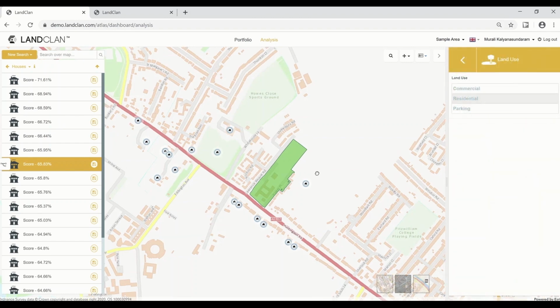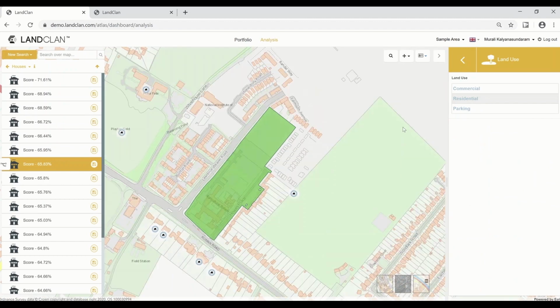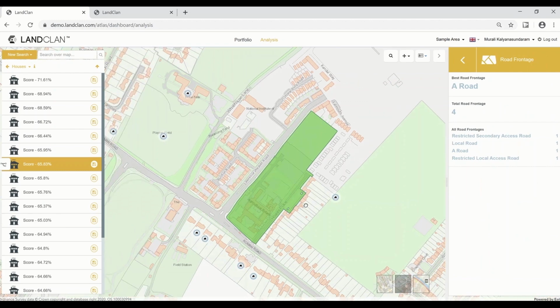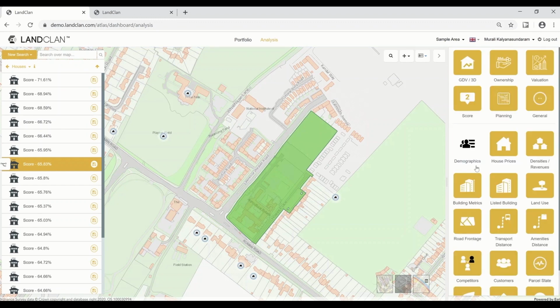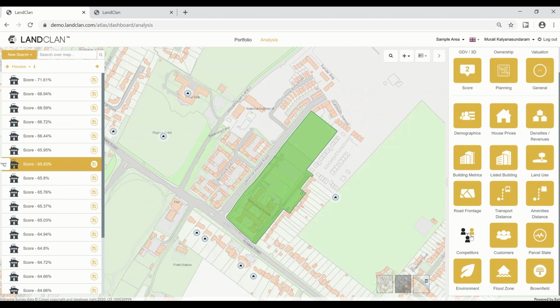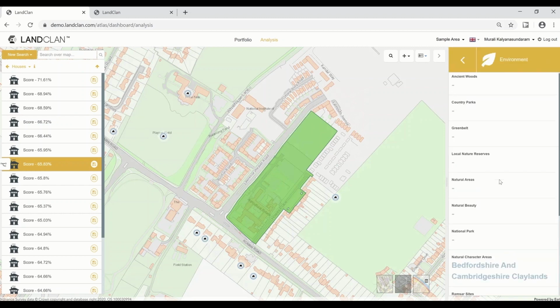Road frontages are a key area of any redevelopment, and they're actually identified as well as part of the application. All of your standard transportation distances and amenity distances are also processed and made available at the land parcel level. We're also providing impact assessment on areas such as doctors, dentists, nurseries, primary schools and secondary schools if you were to be successful and have a significant redevelopment in that area. What would the impact be on those local services, also the transportation, the road networks as well, in readiness for